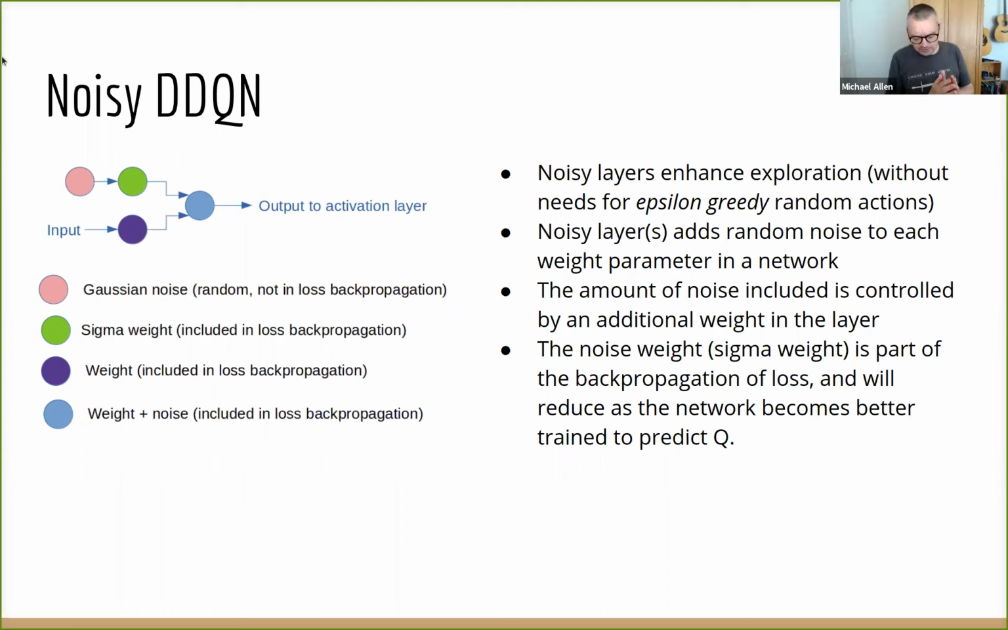In a network, we've got lots of weights. If you remember your basic neural network structure, all the neurons are connected to every other neuron, and along those you've got a weight. Noisy is a nice little trick in that